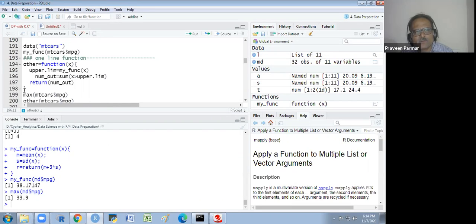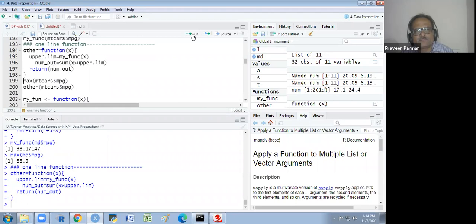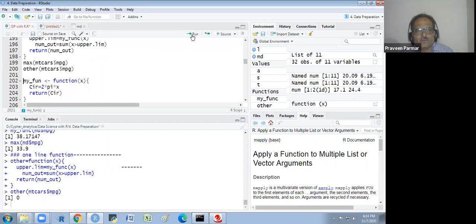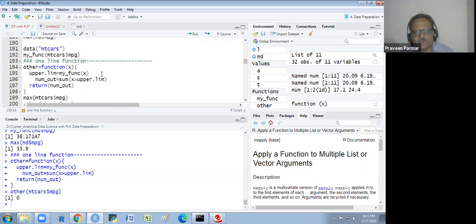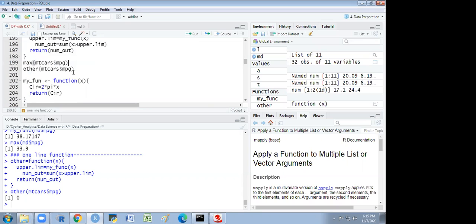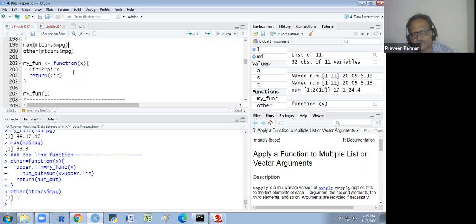When I run this and I call the other function, automatically my function will run inside it. So there is no outlier, as we have seen earlier. This is the way to make our own function. Our own function we could make here. We can use it for a mathematical formula.